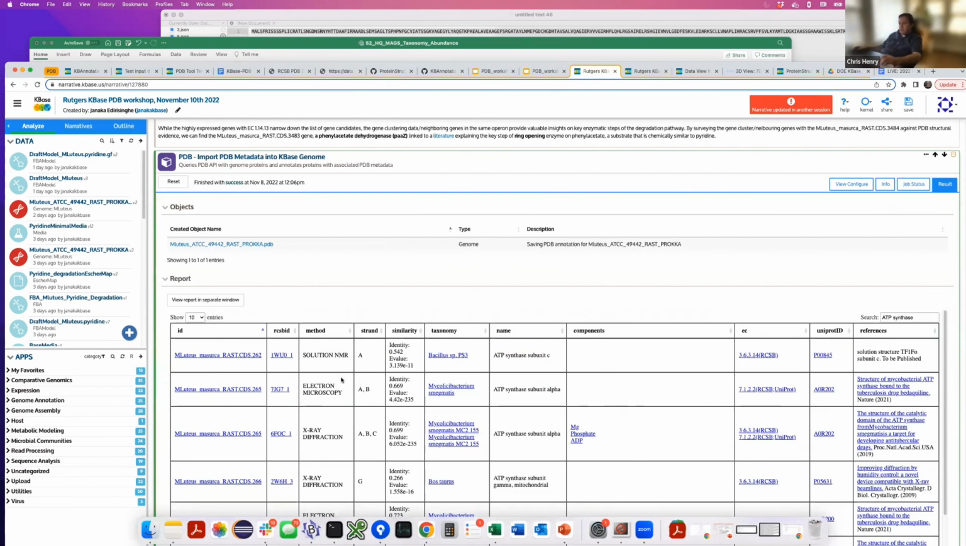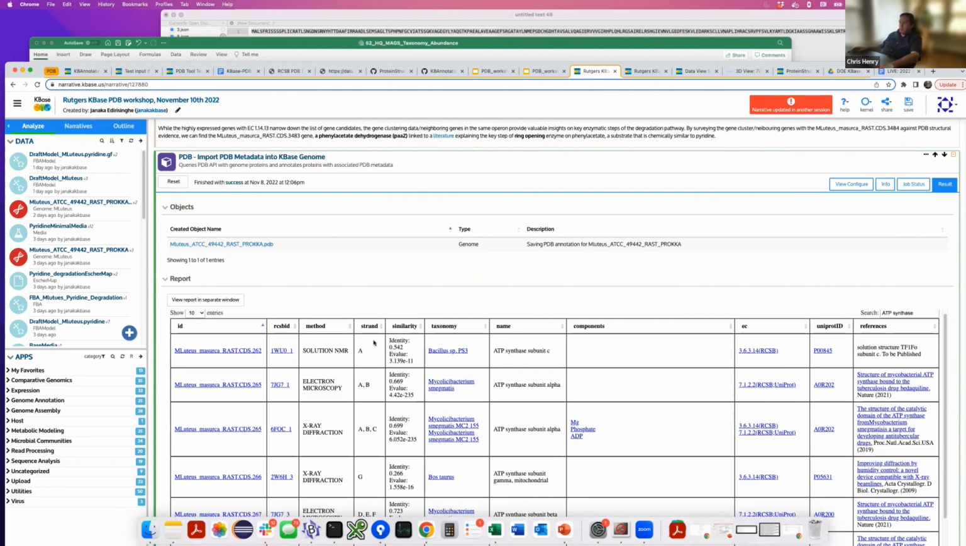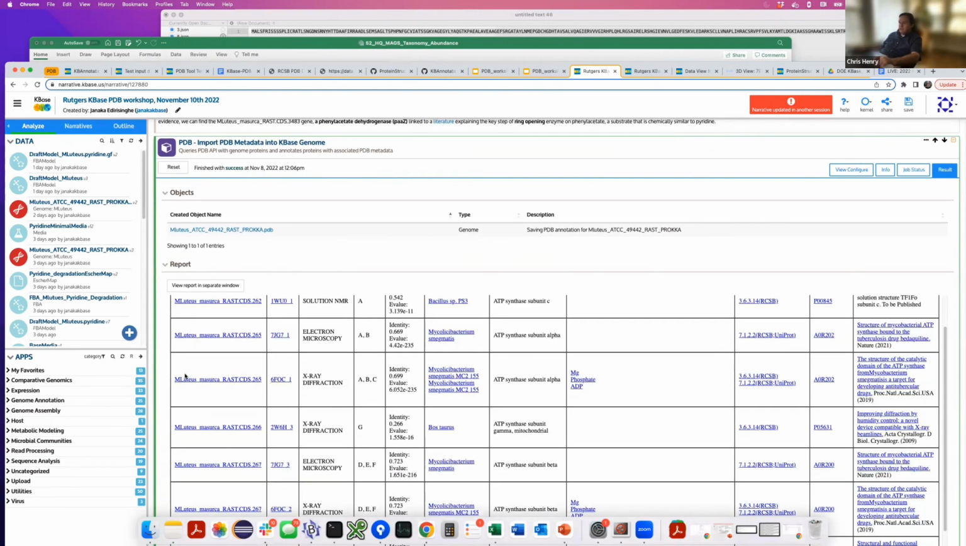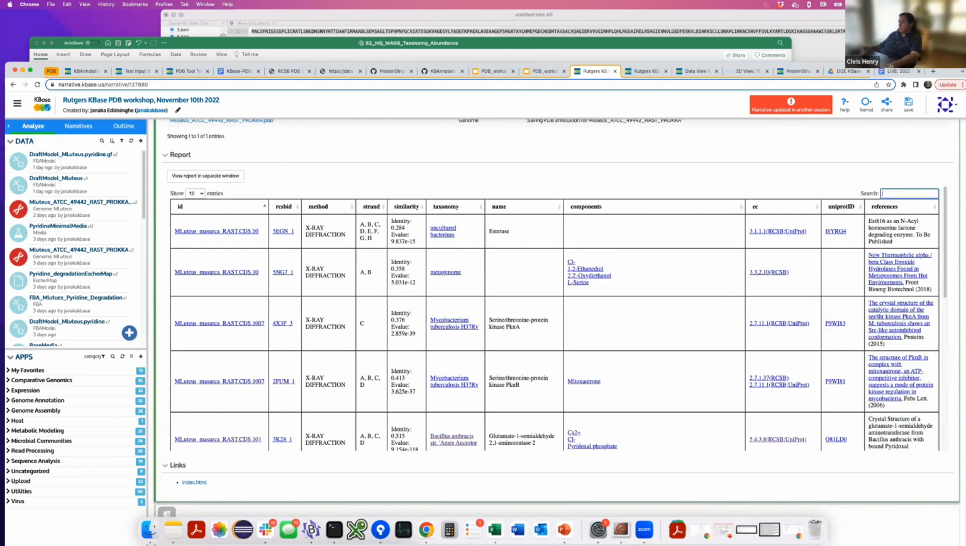So this queries every gene in your genome against PDB and gives you all the hits. It doesn't just bring up this nifty table, which lets you search for the hits that you're interested in, and also link out. So for example, linking out to the PDB hit for any gene in your genome